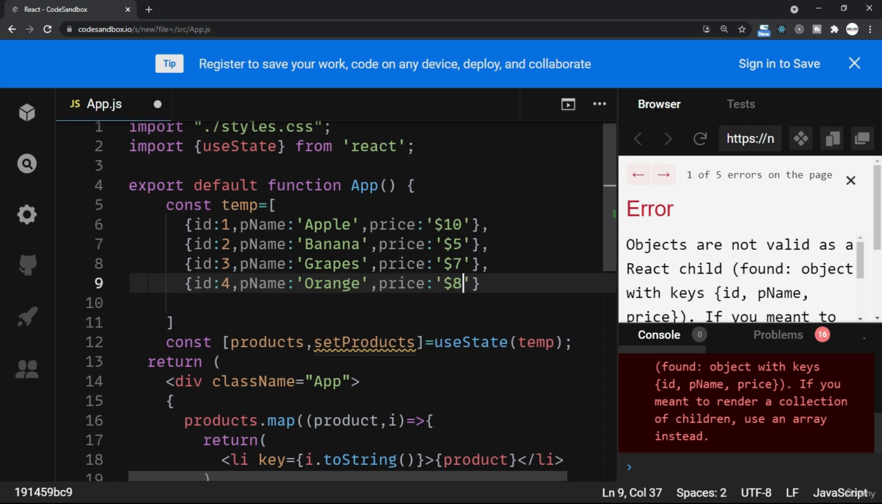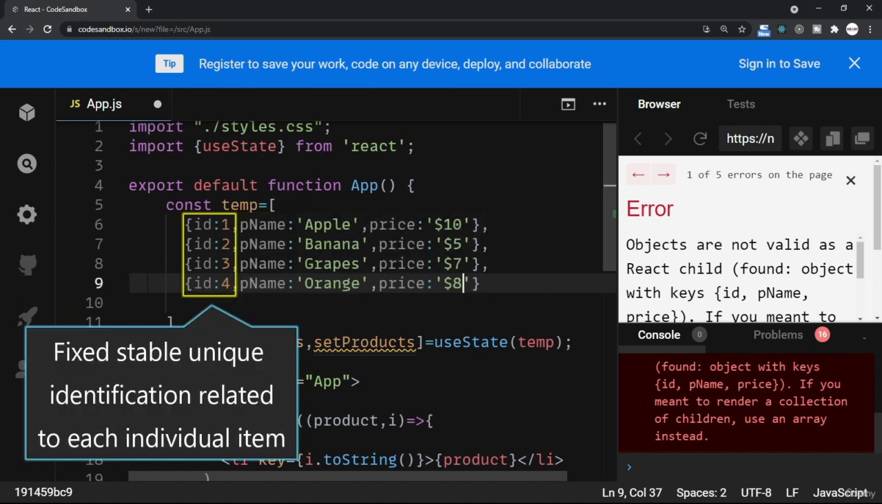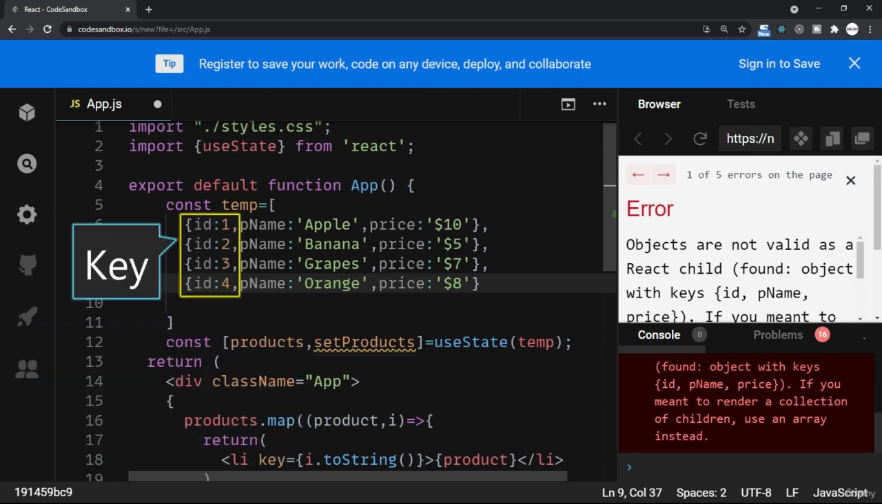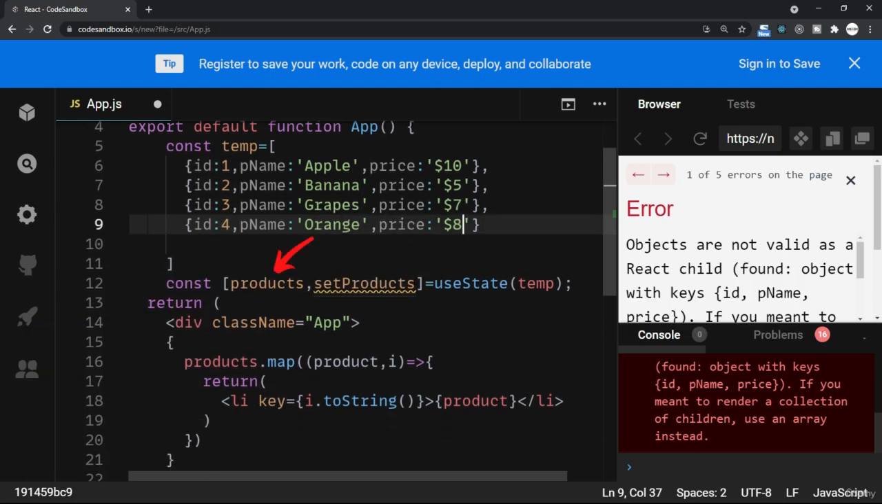Alright, so you see that we have now a temp array which has objects as an individual item. So this ID is now fixed and related to individual products only. So this is a fixed and stable unique identification. This we should take as a key. Now because we have these products as an array, but it's an array of object literal, we'll need to do